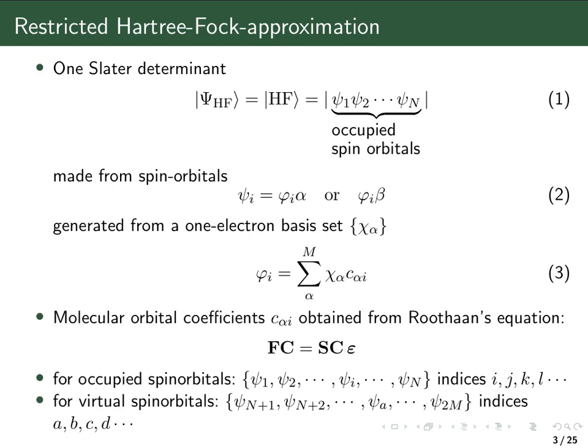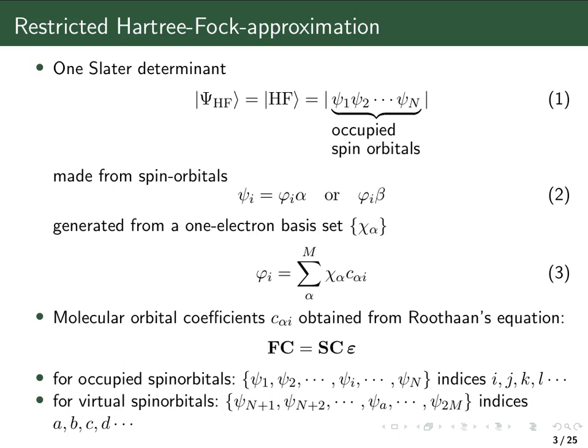But solving the Hartree-Fock equations, or solving the Roothaan equations, gives many more spin orbitals than just those n, as we get as many spin orbitals as we have basis functions times 2 in the case of restricted Hartree-Fock. So they are psi_n+1 to psi_2m, and these spin orbitals are not used in the Hartree-Fock wave function, and they are therefore called unoccupied, or virtual spin orbitals, and we typically use indices a, b, c, d